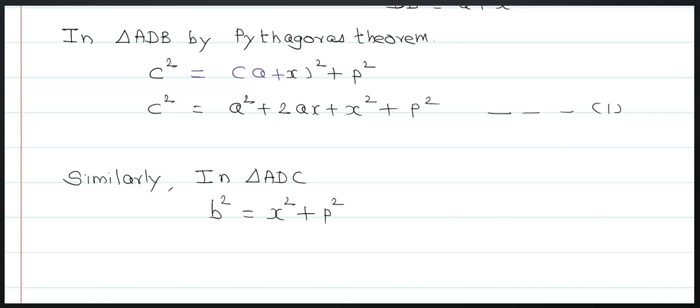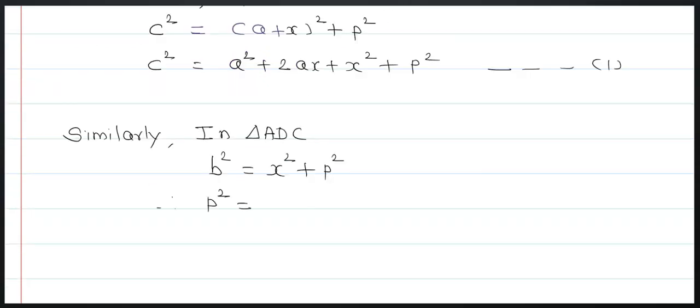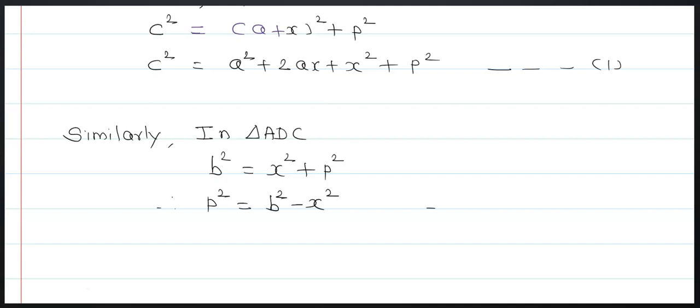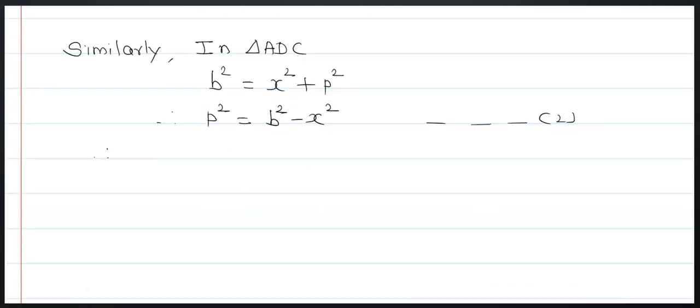b square is p square plus x square. Now we'll again substitute the value of p square. The value of p square is equal to b square minus x square. This is equation number 2. Therefore, substituting the value of p square in equation number 1,